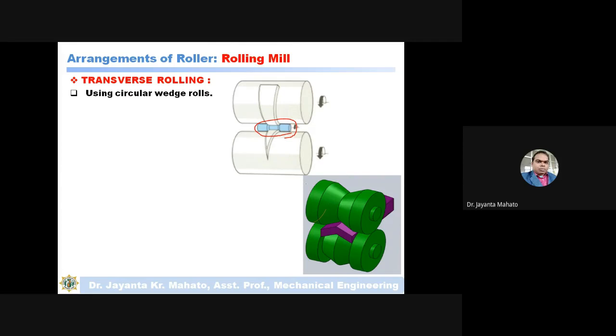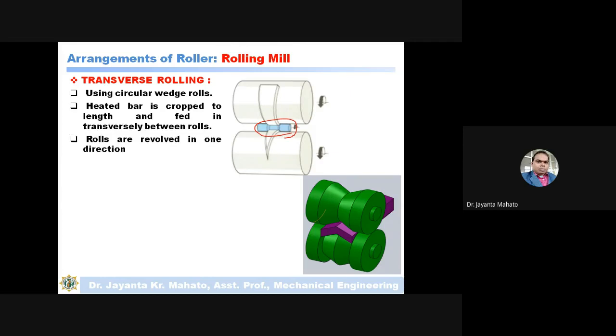So using circular edge rolls, a heated bar is cut to full length and fed transversely between the rolls. And this is actually a section roll.